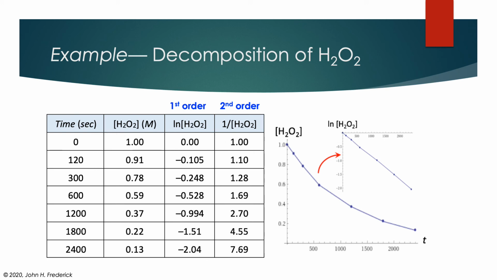The other thing I could do, though, is I could test to see if it's a second order reaction. I would take each of the data points and take 1 over that data point. So if it's 1, then 1 over 1 is 1. If it's 0.91, 1 over 0.91 is 1.10, and so forth. And so the last column in the table is showing me what happens if I manipulate the data to make it look like 1 over that. So I would then plot that